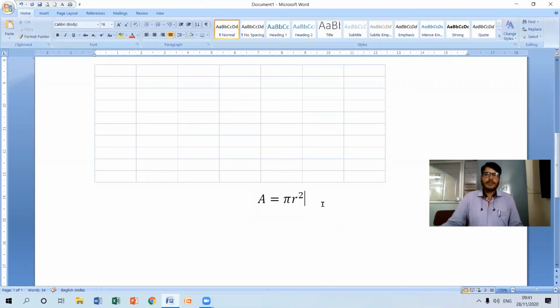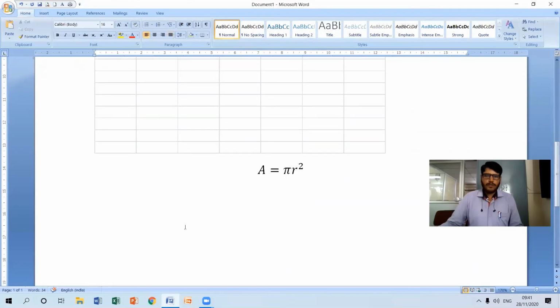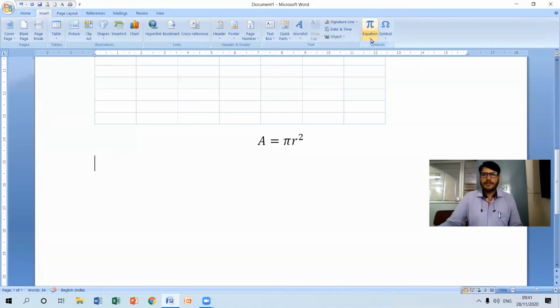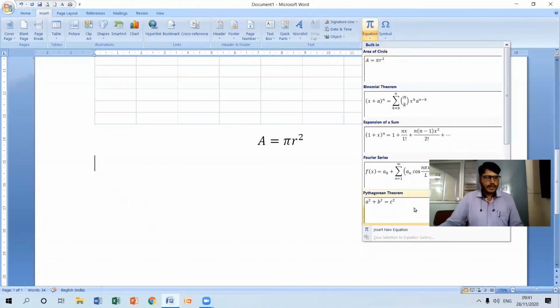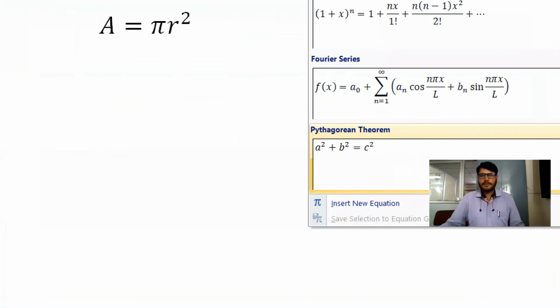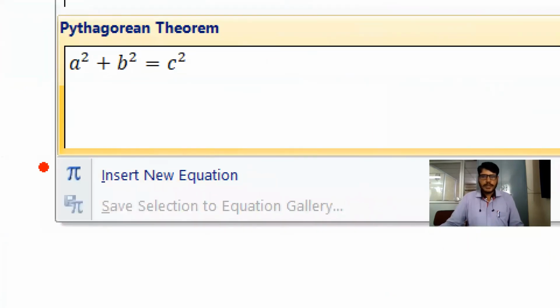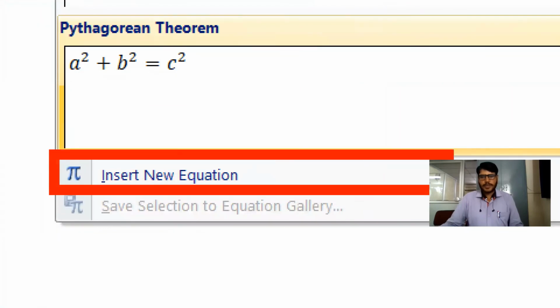Suppose I want to write my own formula. At that time, I can simply go to insert equation, and here at the bottom level, you can see we can utilize the insert new equation option so that we can insert our own equations.